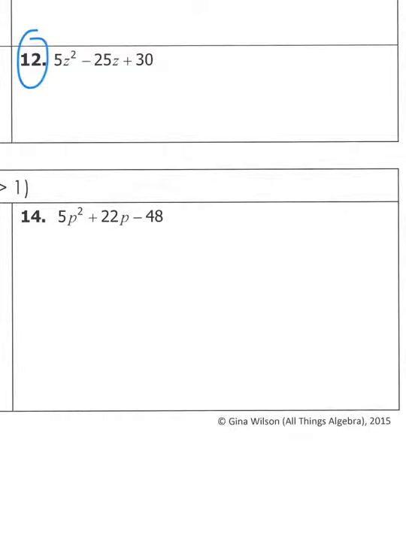Okay, so if you look at all the numbers, 5, 25, and 30, they are all divisible by 5. So I'm going to factor a 5 out in front. And so 5 divided by 5 is going to give me z squared. Negative 25 divided by 5 is negative 5z. 30 divided by 5 is 6. So now all you have to do is factor this trinomial, but you have to be really careful. You've got to know whether you're adding or subtracting the factors of 6,